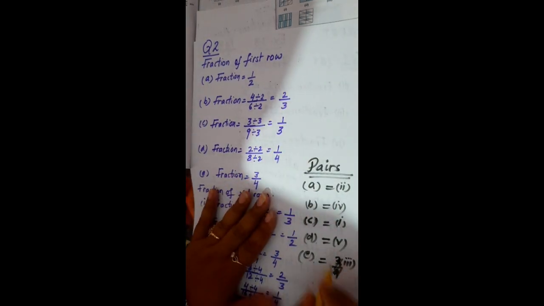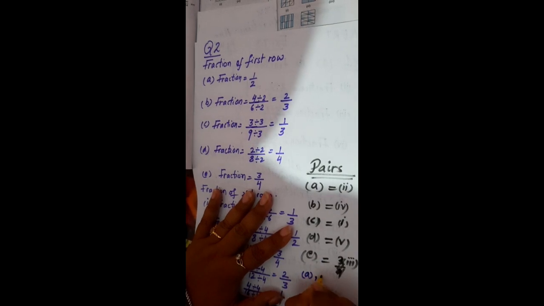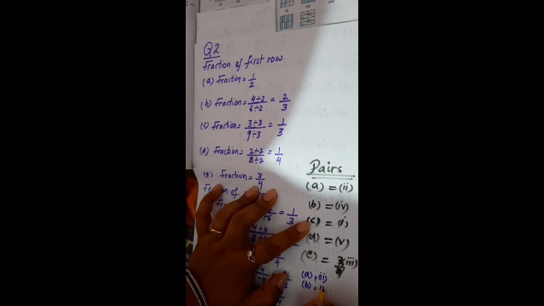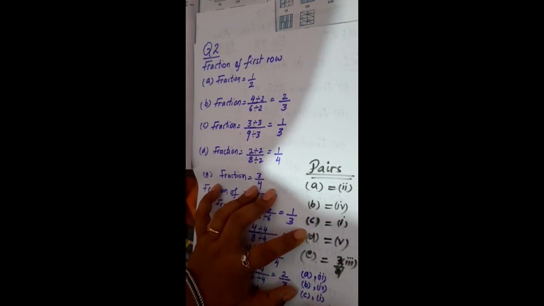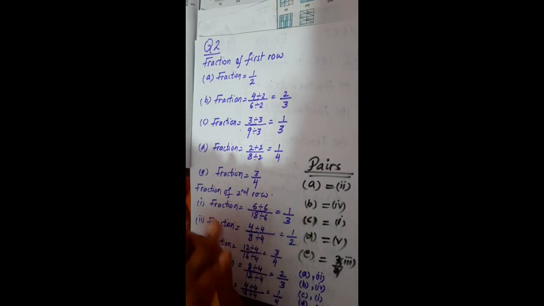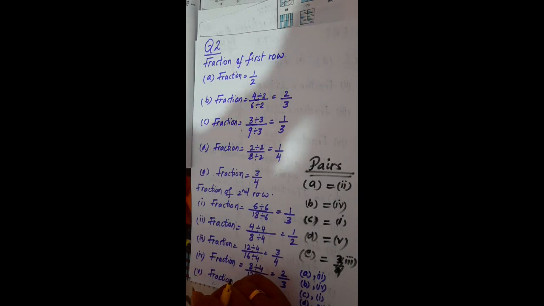So as these are equals, I have to write the pair. So my first pair is a and second. My second pair is b and fourth. Third is c and first, d and fifth, and e and third. So this is all about question number 2. In this, firstly you have to find out the fraction of first row, then fraction of second row, then you have to pair up the equivalent fraction of each row. So this is all about question number 1 and